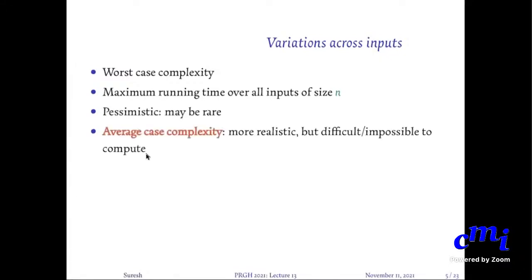So the point is that this estimate is a pessimistic estimate, because you look at the maximum running time over all inputs of a particular size. The more realistic thing would be to do average case, but that would get into probability, the distribution of inputs, etc. And you might not have all the information. Even if you have all the information, it might be very difficult to do the mathematics and compute an expression for that.